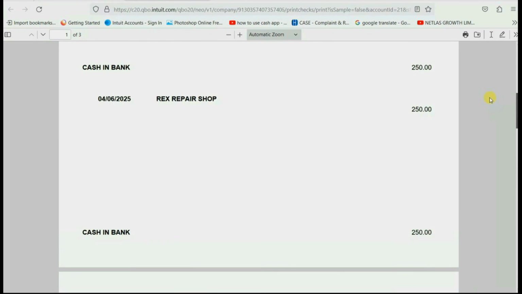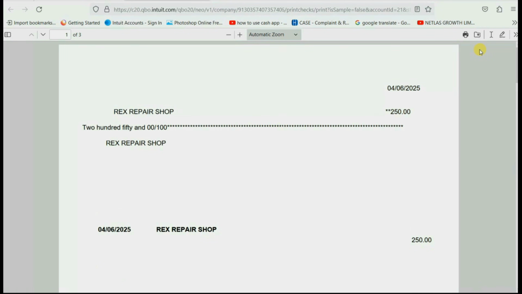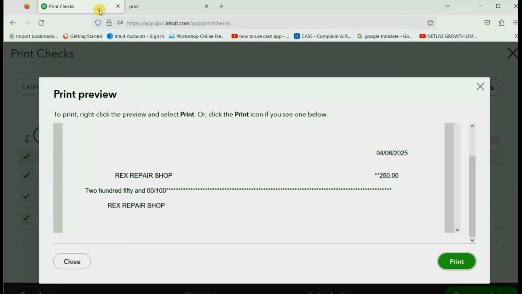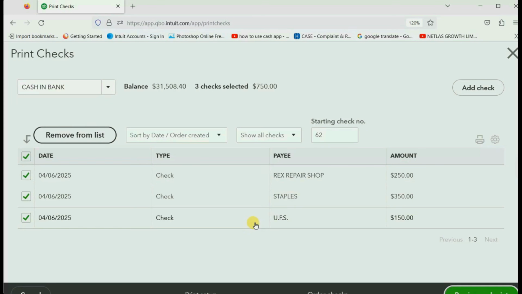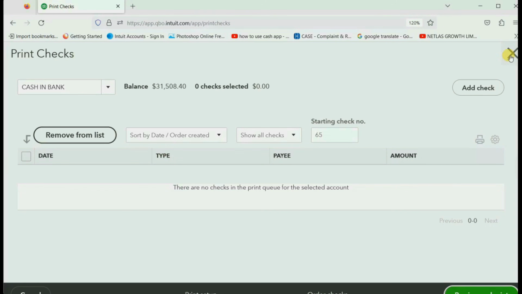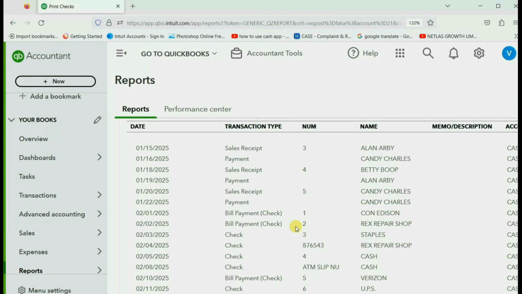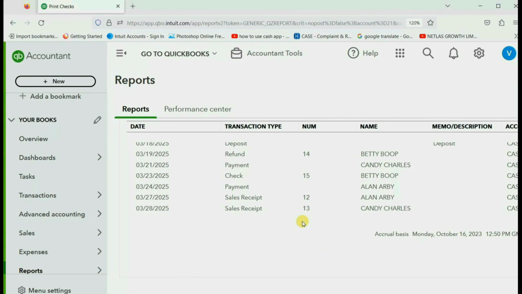But if it comes out onto the printer to checks that are aligned properly, then it will be written out perfectly. Notice it's in a second tab from your QuickBooks Online, so you can close the second tab and close this out. Double check to make sure everything printed properly, and in this case we're imagining that everything did print properly, so we click Done. The window is now empty, and most importantly, when we go back to the reports to take a look at those checks that we just printed,